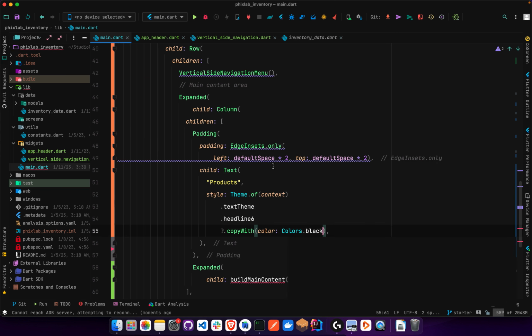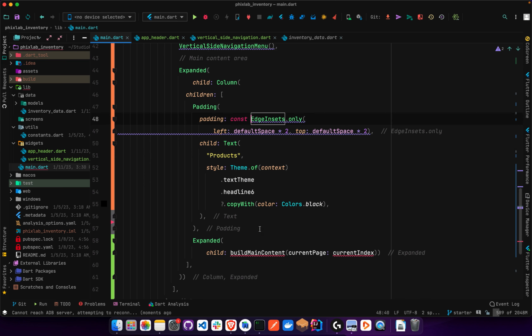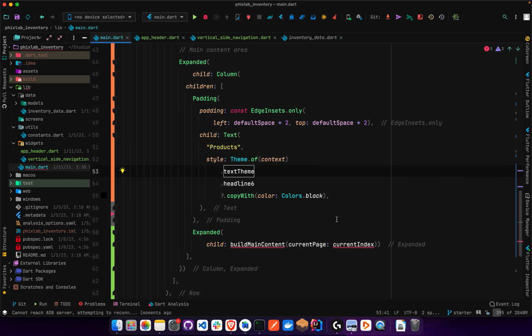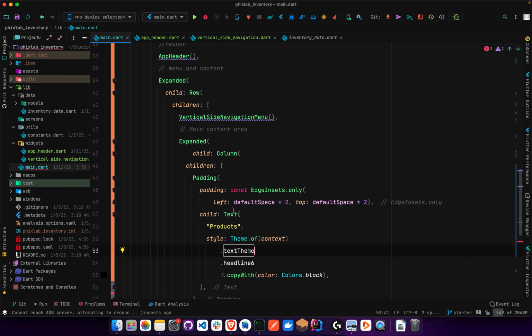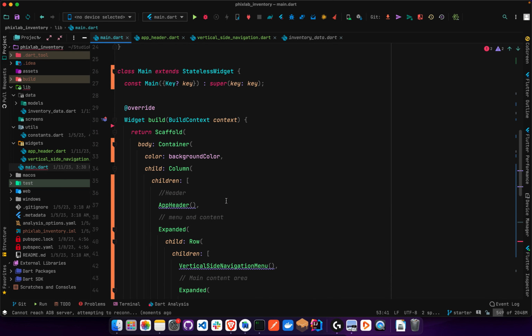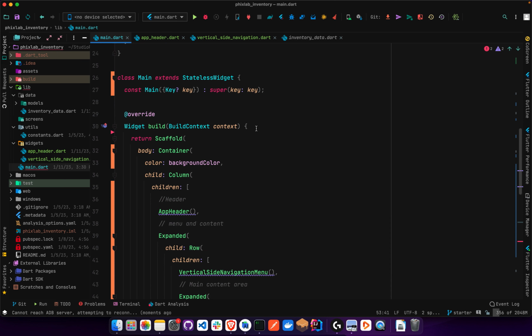So we did Colors.black here, so let's quickly add const here. Okay, so that's what we have here. Currently, let's just define this very stuff, and then we can see if we can actually go ahead and run the app. First of all, we need to define within this very state,